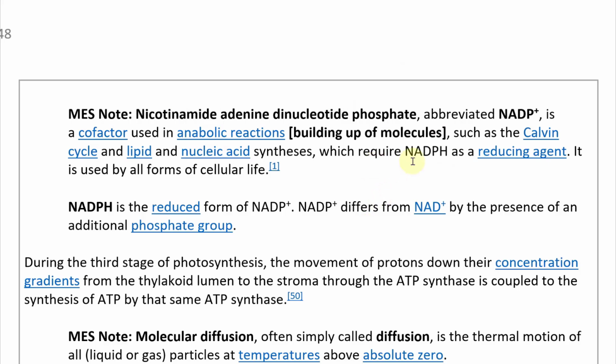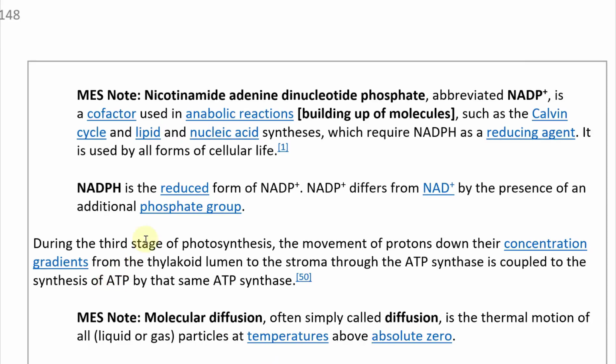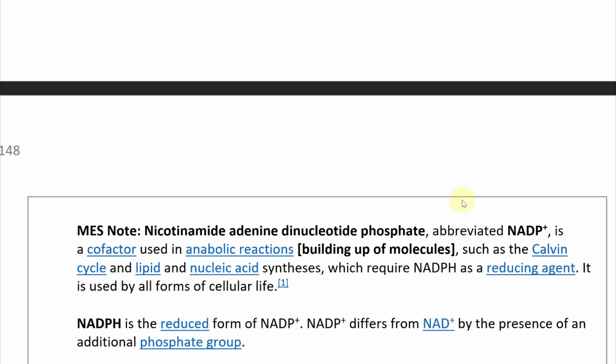It is used in anabolic reactions, which is the building up of molecules, such as the Calvin cycle and lipid and nucleic acid synthesis. I'll get to the Calvin cycle in a bit. These require NADPH as a reducing agent, where NADPH is a